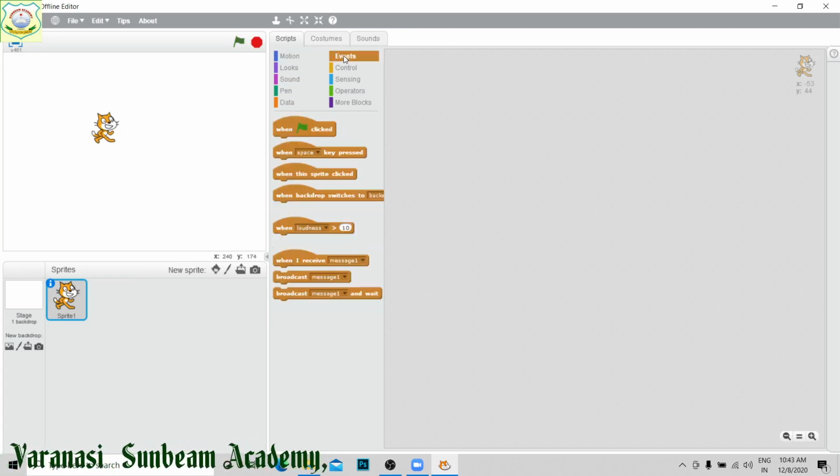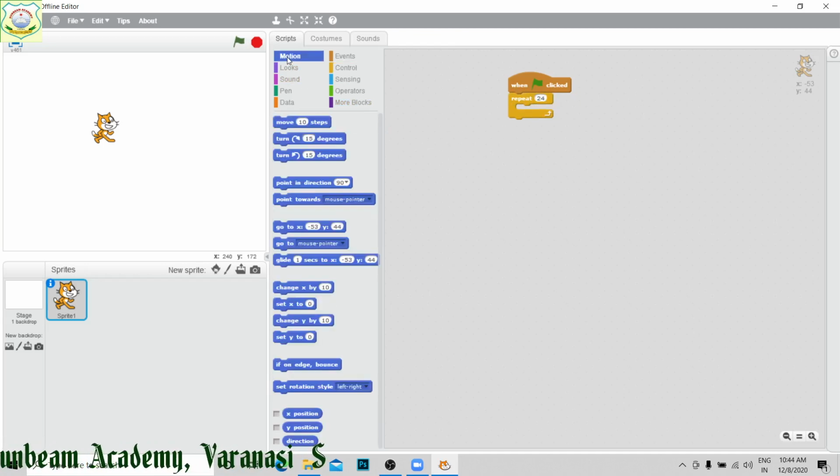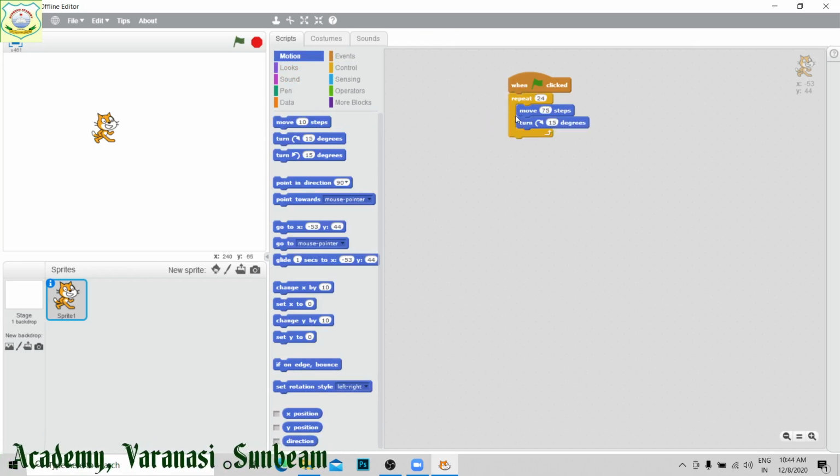To make a circle, suppose I have taken this one, then control 24 times, right, and then motion, it will be 75 steps, and it will turn for, suppose 15 degree.